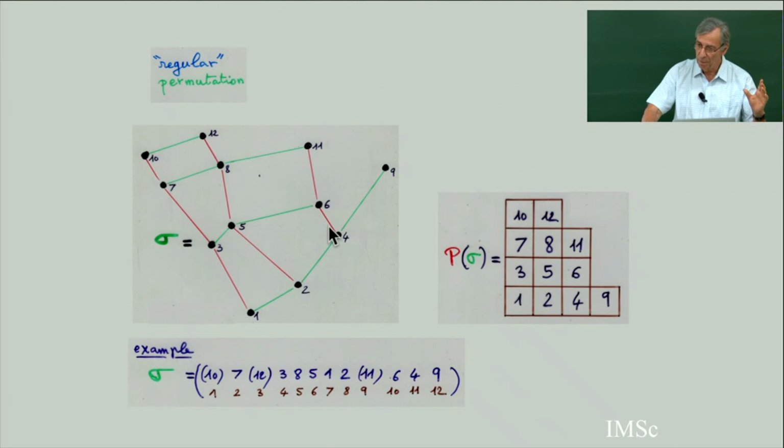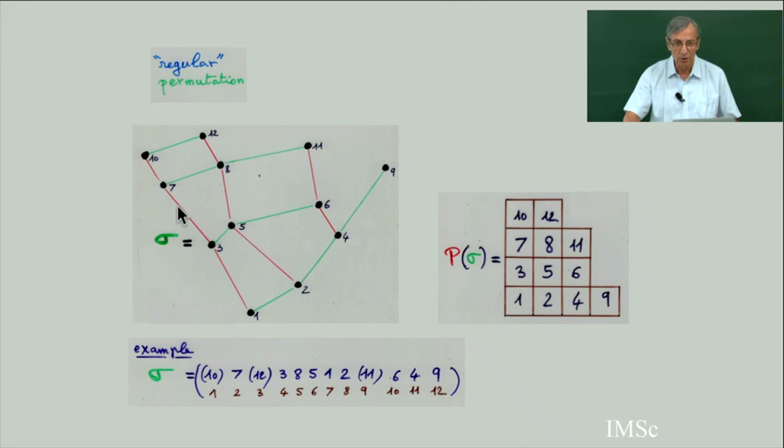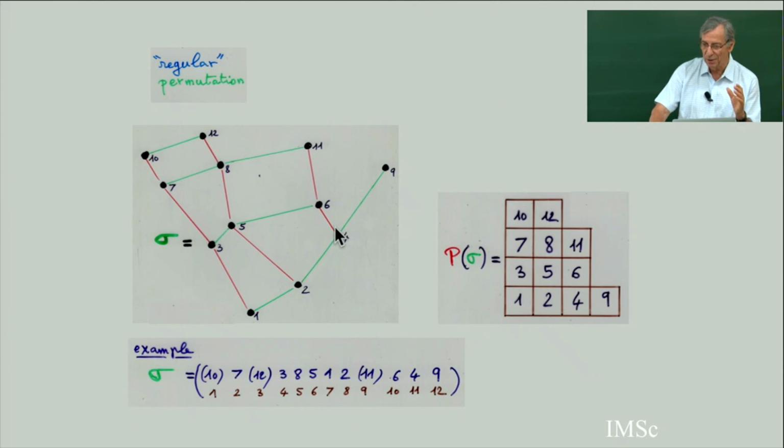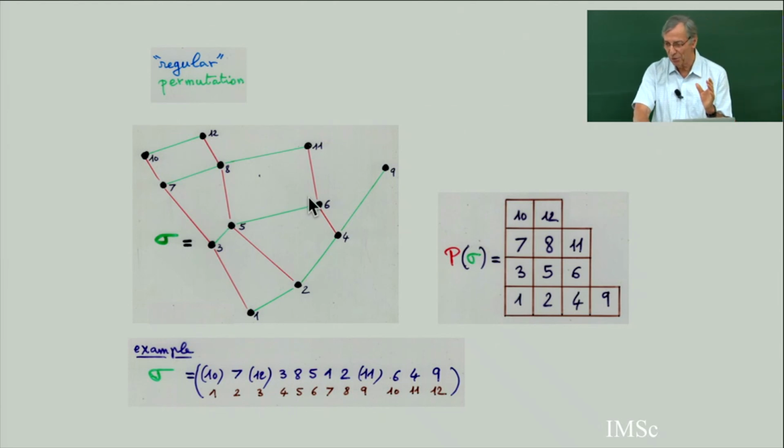So any permutation is Knuth equivalent to such a regular permutation. And now it's very easy to prove that for this kind of permutation, Greene's theorem applies. If you want the maximum element of an increasing sequence, you may take this or you may take this one. But if you want two increasing subsequences, then you need to take this one and another one like this. By exercise, check that for such regular permutations, it's easy to check Greene's theorem.